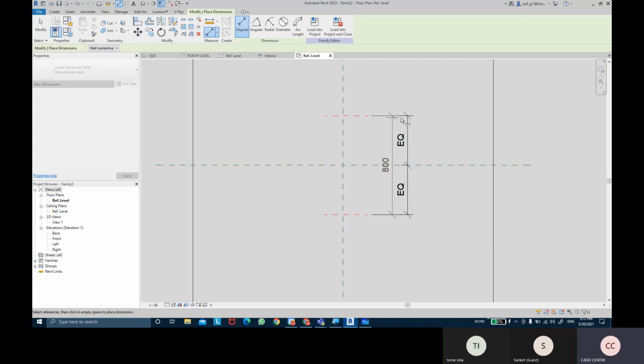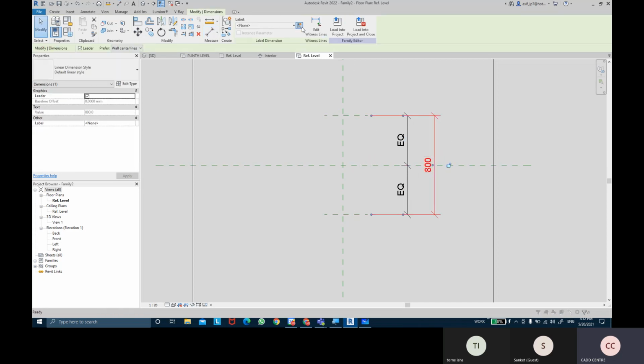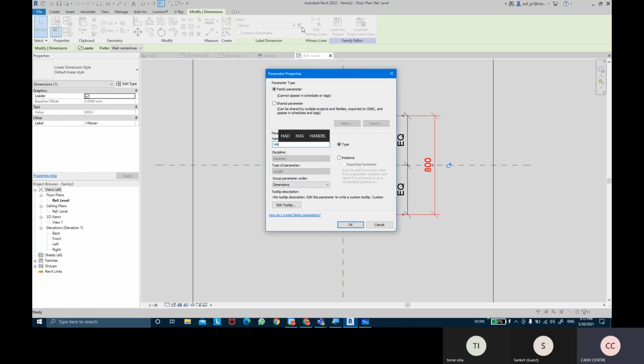And once again, I'm going to put up this dimension, and I'm going to label this parameter as the handle height, or you can call this handle length. So I'm going to call this handle length.